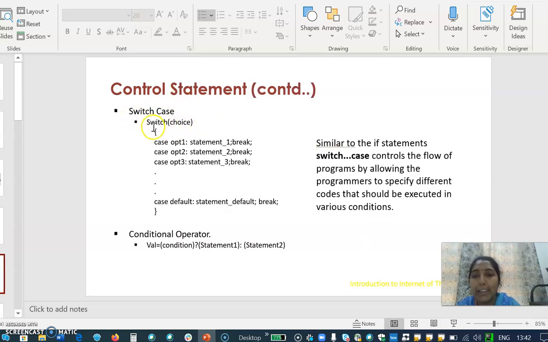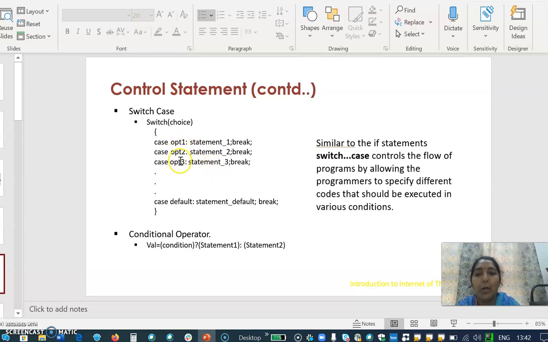Here in the switch, based on this choice value, we can execute one particular set of statements. If the choice value is equal to option 1, then statement 1 is executed. If the choice value is option 2, then statement 2 is executed. If the choice value is option 3, then statement 3 is executed.